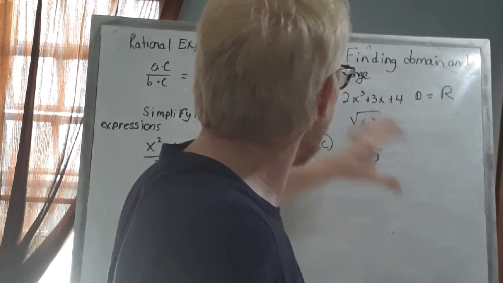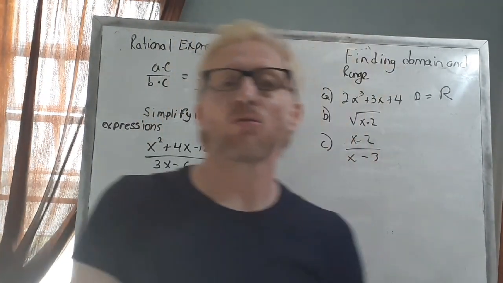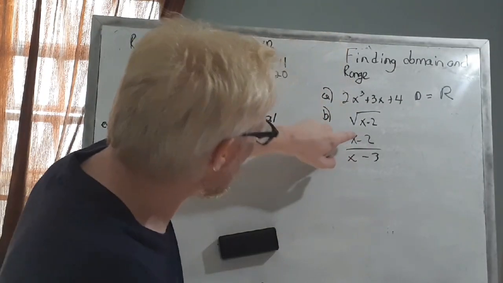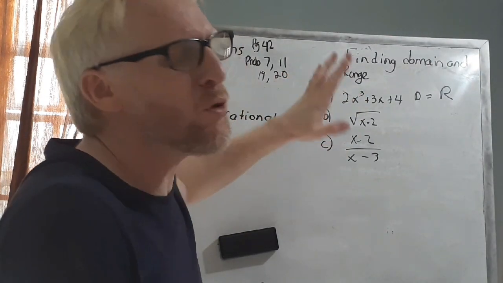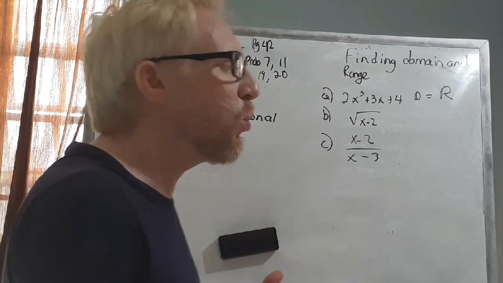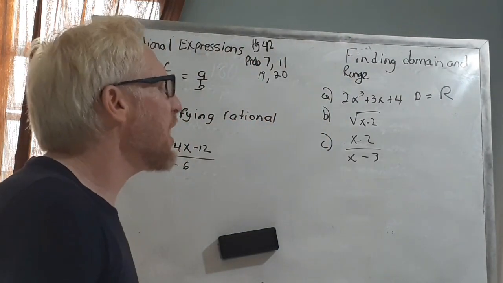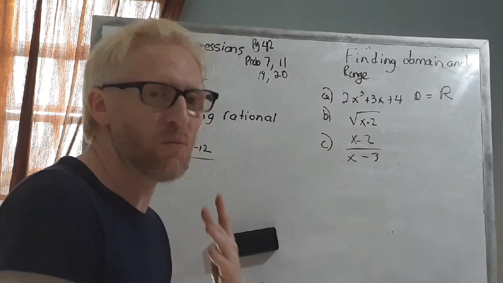Now, what about this one? We have the square root of x minus 2. When we talk about radicals, specifically square roots, we know that this can never be negative. So what this is saying is the square root of whatever number x is, minus 2. Now, what number can x be? Well, x can be any number as long as what's inside is not negative. So, for example,